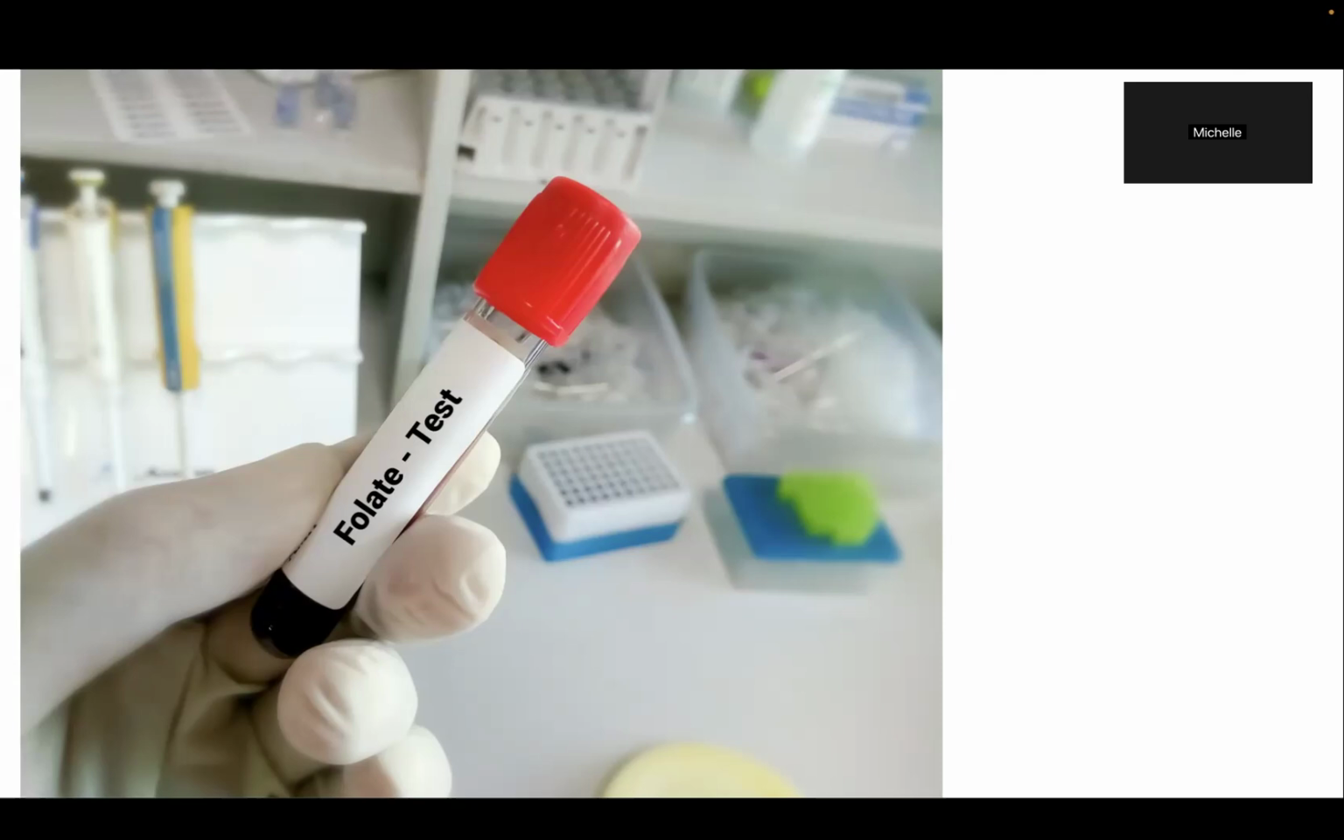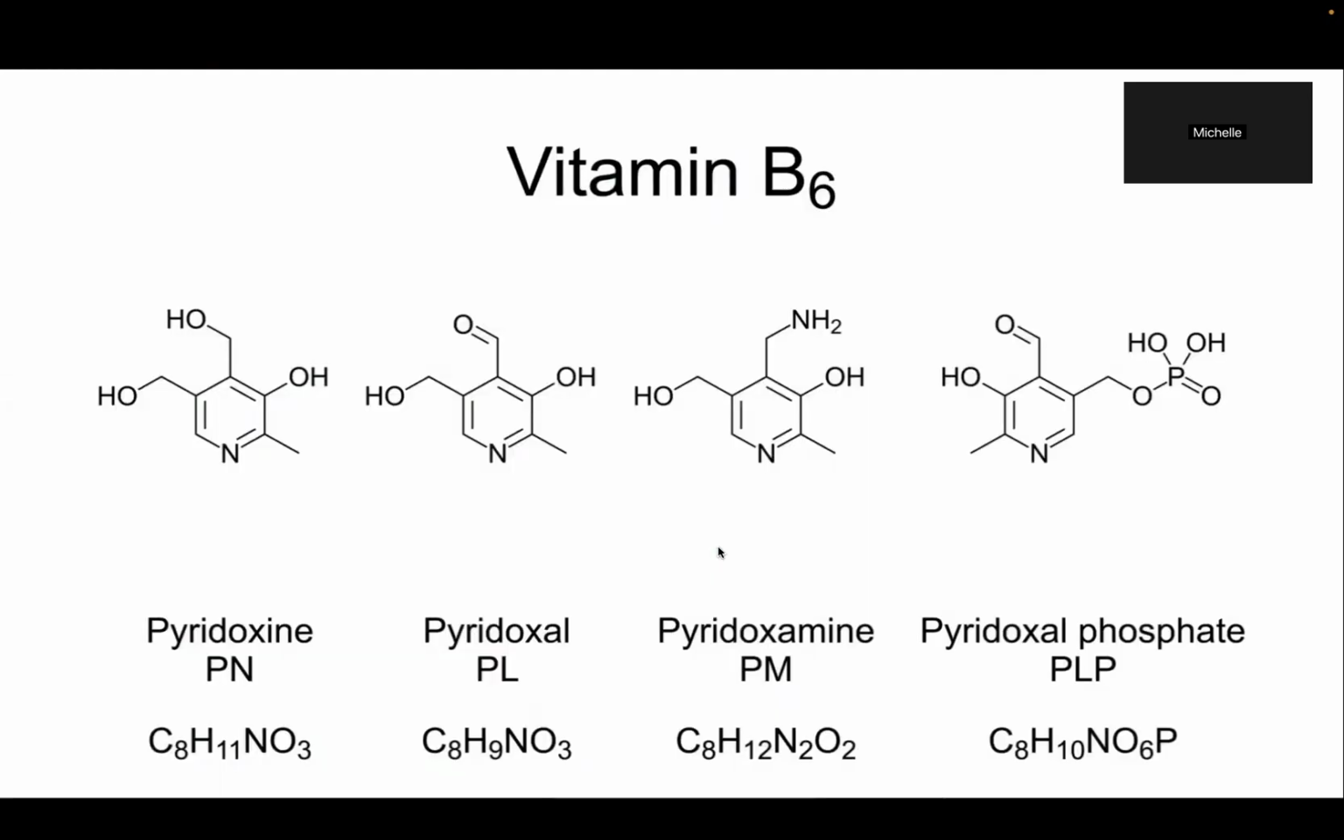Food folate actually contains multiple glutamic acid molecules, whereas folic acid, the folate form found in supplements, contains only one glutamic acid. So these multiple glutamic acids must be hydrolyzed in order for folate to be absorbed from food sources. Very interesting. Next, we got B6,